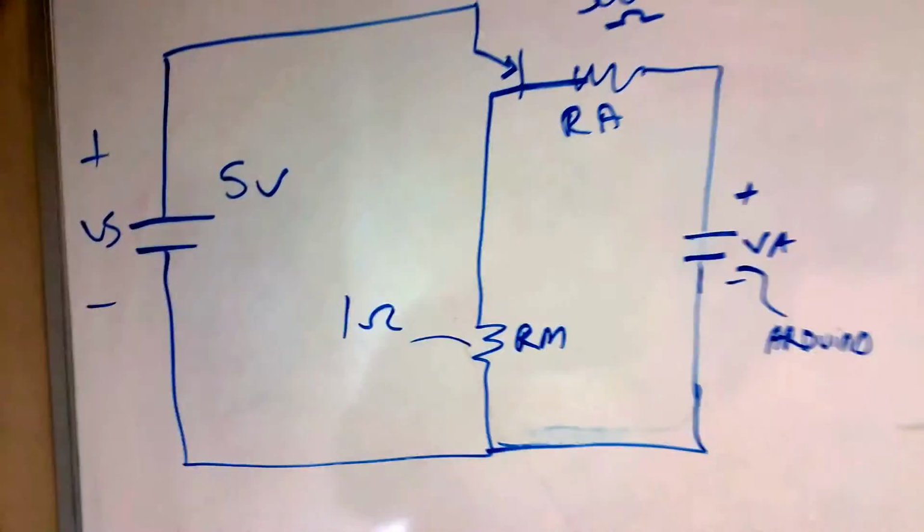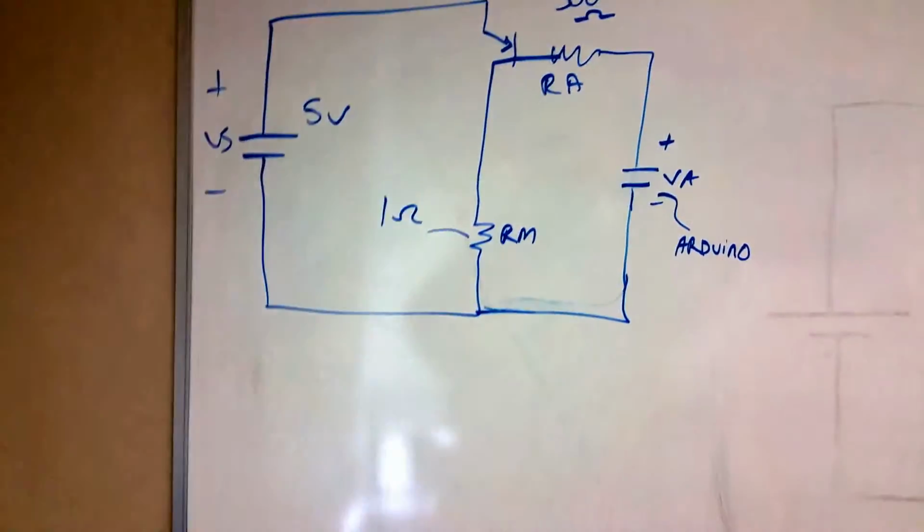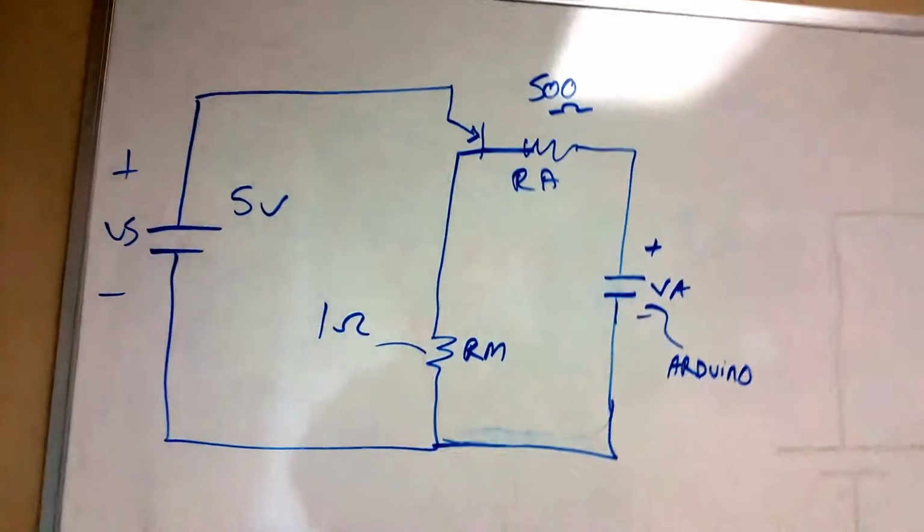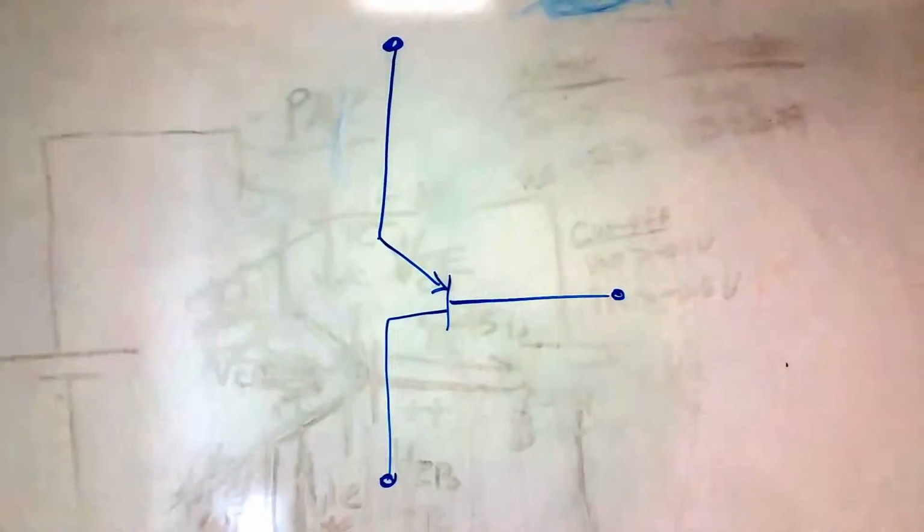I didn't put the beta in this picture right now, because for the second part, given a blank PNP transistor, they want us to fill in the currents and the voltages with correct polarities. So first thing I'm going to do for you guys is clarify something. I know for a fact that this right here, without any labels, is a PNP transistor. The way I know that's a PNP transistor, which I'm going to put up here,